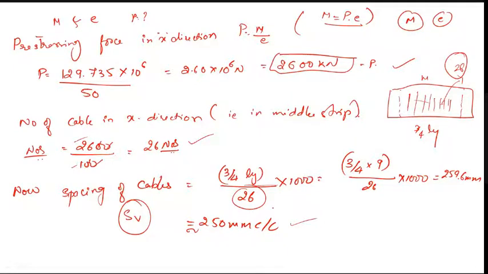Now, similarly, we have got the spacing in X direction, correct? We need the spacing in Y direction. The same procedure you need to follow. Just see it carefully. It will be like a revision for you. How will we calculate it? By how we have got in the previous one, that is by using alpha y into w into alpha x square, we have got 12.09 kilonewton meter per meter.